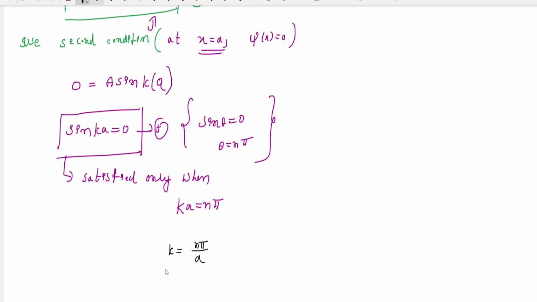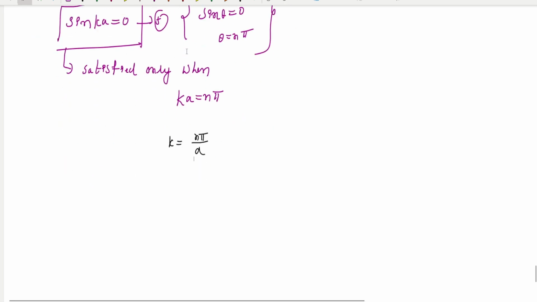We can't take n is equal to 0. For example, if you use n is equal to 0, then k is equal to 0, you can get E is equal to 0. What does that mean? The wave function becomes 0 everywhere in the box. That is not possible, right? So this means that a particle with 0 energy cannot be present in the box. That is, a particle in a box cannot have 0 energy. Hence the wave function for this motion, I mean 0 less than x less than a, is given like this. So if you try to put this k value,